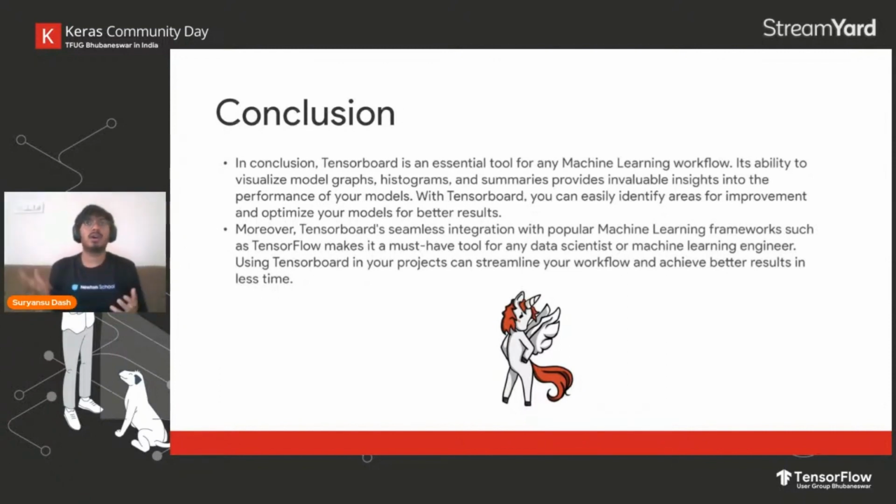In conclusion, you now know how TensorBoard is useful and how we can use it to improve our models and train them. It's just a single line of code, but that single line gives you so much in-depth insight into a model that you will start thinking, okay, this is how it's happening, and this is how I can change it. And it's not only TensorFlow; you can also integrate it with frameworks like PyTorch. Irrespective of the framework you're using, TensorBoard can be integrated, mostly in any kind of notebook. So that's it from my side. Thank you, everyone. Do you guys have any questions?